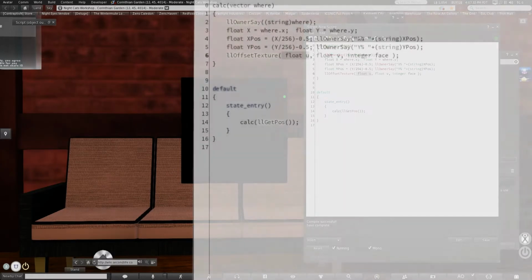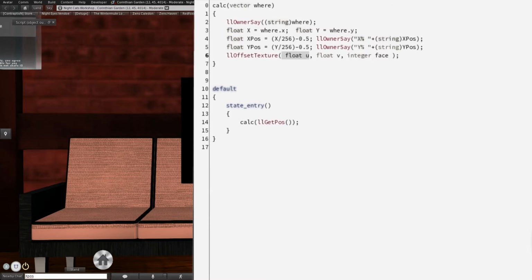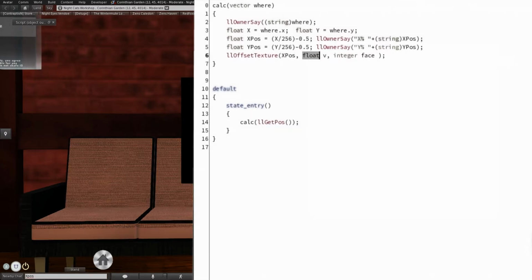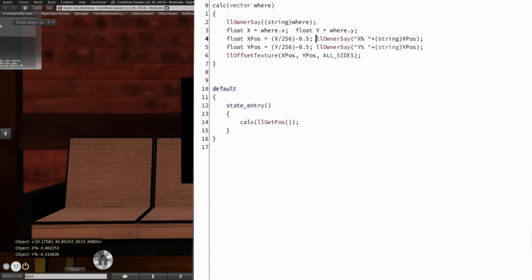That's what I thought. So we put X position. Whoops. Didn't have that typing into the code window. X position. Y position. And face doesn't really matter in this case, all sides. Now it will automatically adjust itself, what it displays, based on where we are, but this requires you to manually